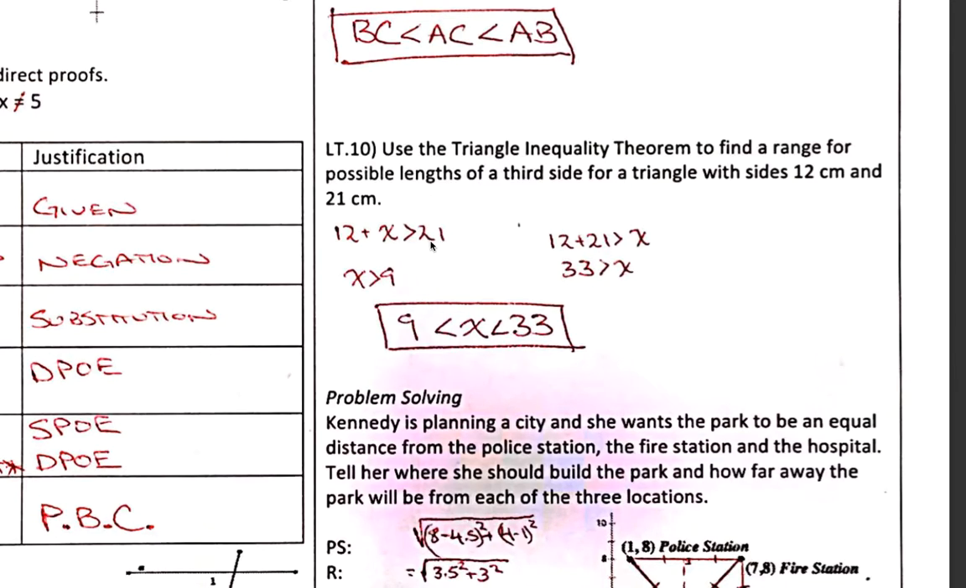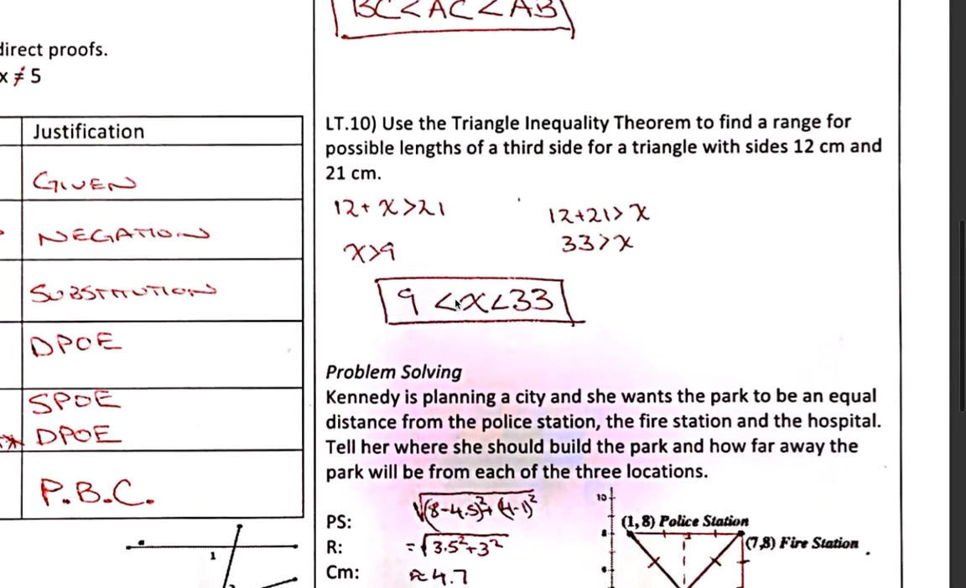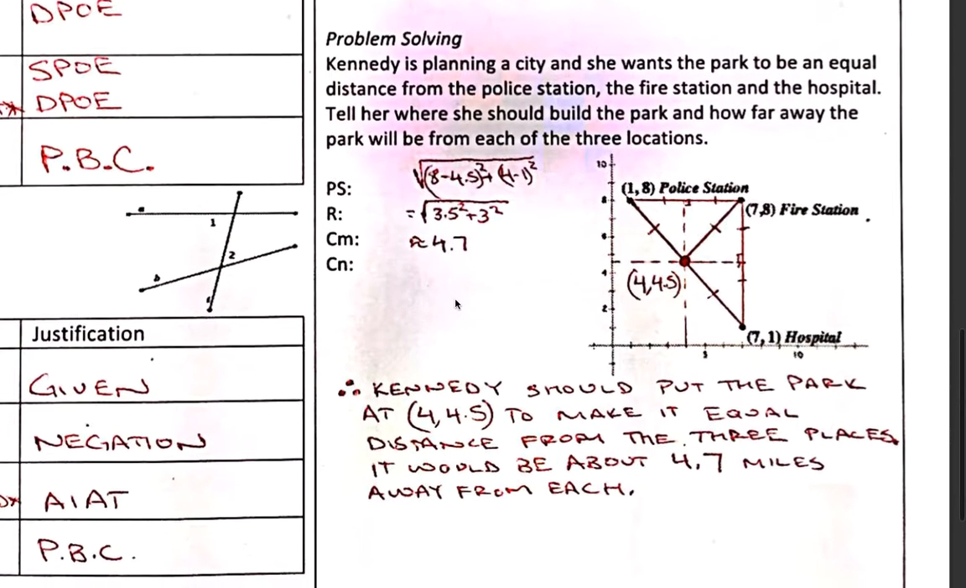So either 21 is your longest one, in which case 12 plus your mystery side would still have to be greater than 21. You do your quick little algebra here, and you get x has got to be greater than 9, and x has to be less than 33. And so you put it together in your compound inequality here. All right, so your problem-solving question,